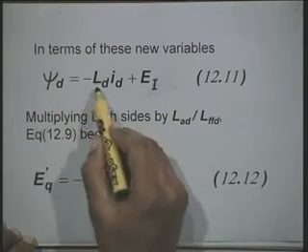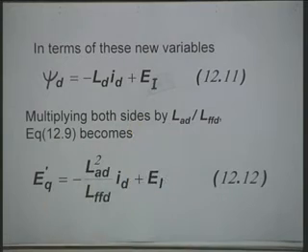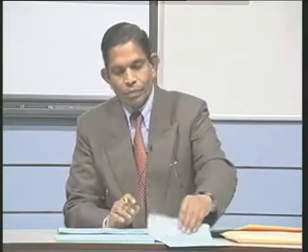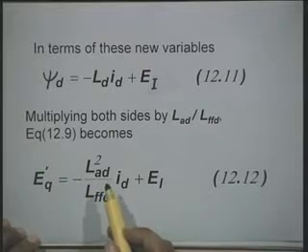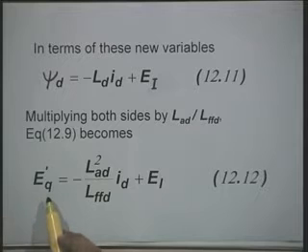Psi d equal to minus Ld Id plus EI. You can just look into the simplified equations which we have developed. I will just show you again. Similarly, you can write down another equation for EQ prime using the previous equations,